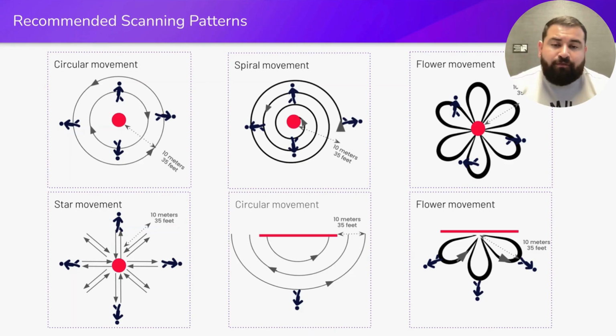On flat surfaces, whether it's a mural or the wall of a building with some really nice architecture, depending on what you want your focal point to be, you can practice one of these two: the half circular or the half flower movement. The half flower movement I found is really good for